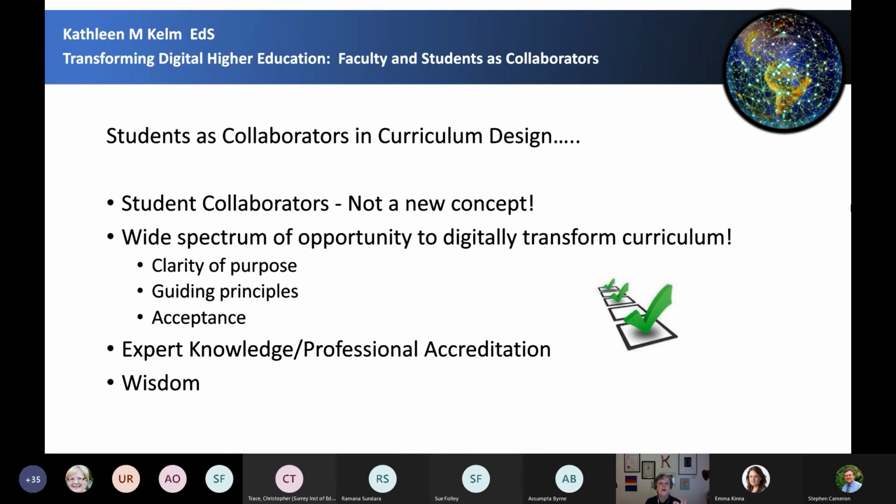What I've found very fascinating is the ways in which students will naturally integrate and digitally transform themselves and their work if given an opportunity. And they do it in a natural way using the tools that happen to be available to them at the time.